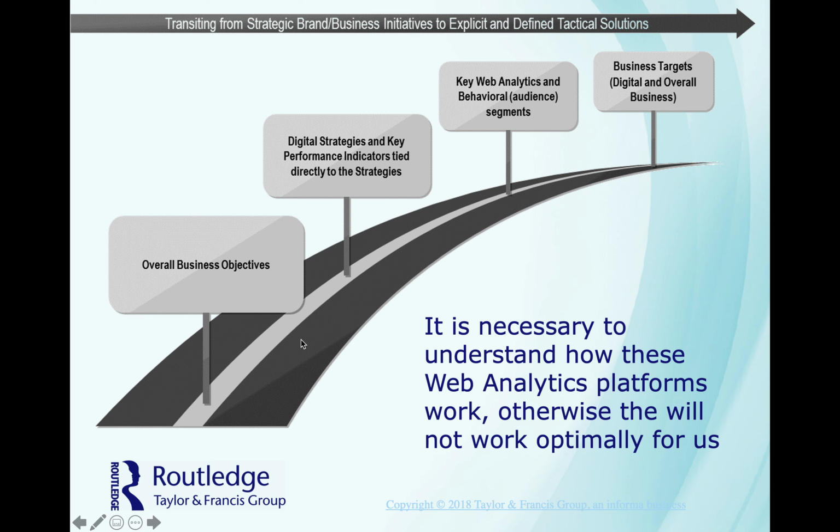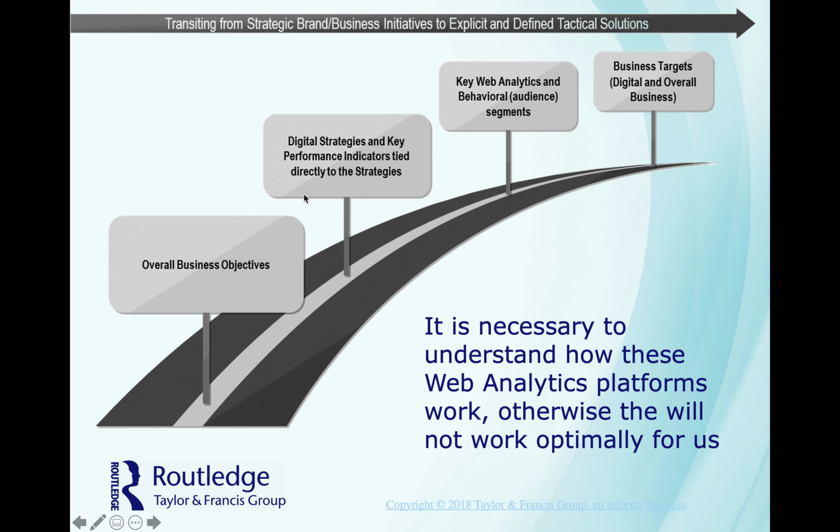Here is another. So first you have to have your overall business objectives. This aligns with every department, right? Which then moves into digital strategies and KPIs or key performance indicators. They are all tied directly to your business objectives. So, for example, Nike decides they want to sell more running shoes instead of training shoes. That might be their objective for 2020 or for 2021. So, the way they're going to do that is they're going to set some key performance indicators